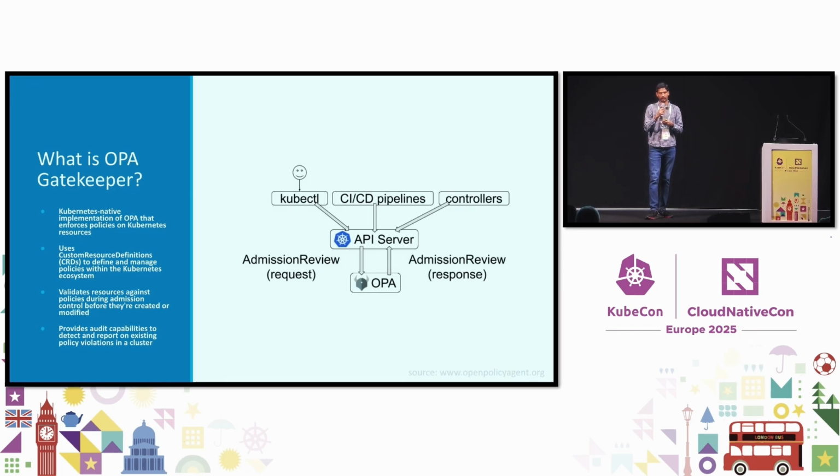So this is OPA Gatekeeper. It's a Kubernetes integration. OPA Gatekeeper uses the OPA language, so basically it's the same thing. Gatekeeper is an admission controller, so it validates the policy and then makes sure whether the request needs to be allowed or denied. It also provides auditing capabilities for existing resources. Even if you're denying incoming requests, it can still go and validate your existing resources and see if there are violations.